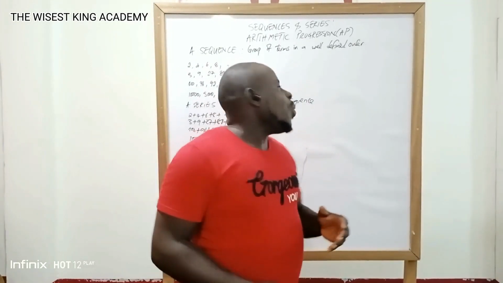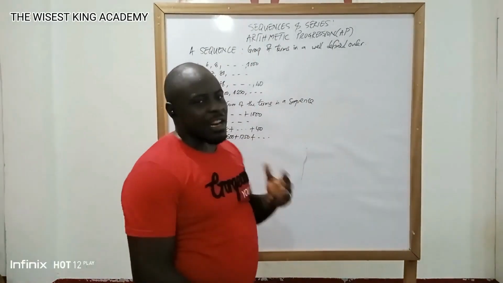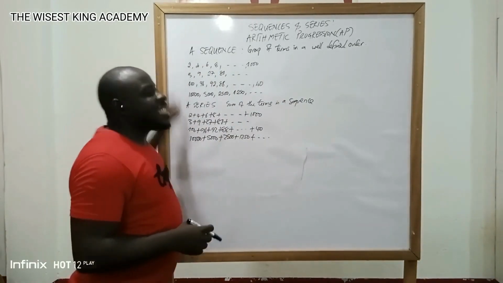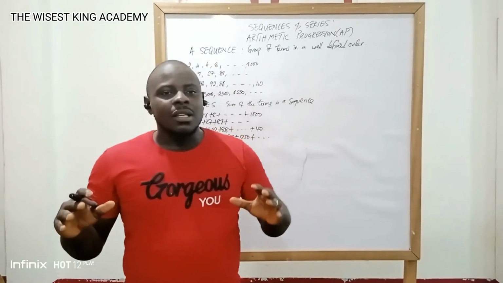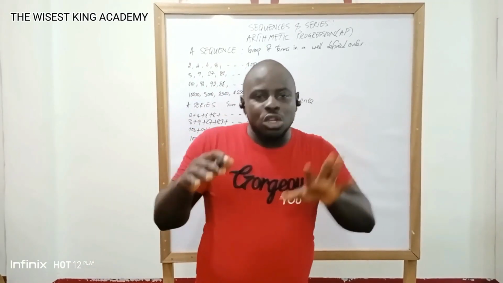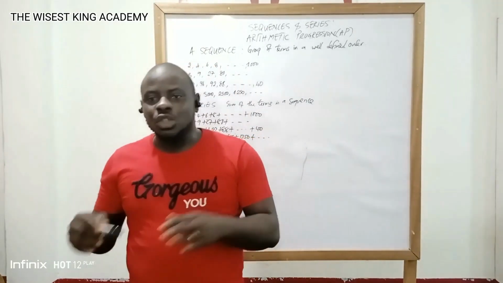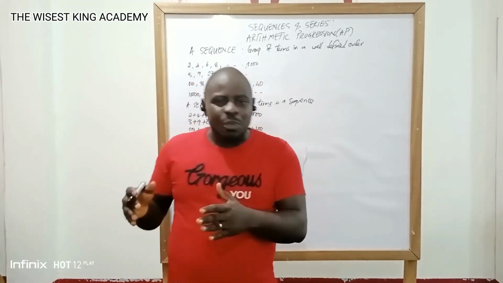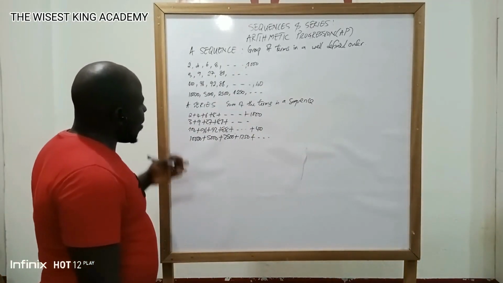But now, why are we looking? Remember, sequences and series is actually an introduction because we are entering the subtopic arithmetic progression. Note, a sequence, whether it be an increasing sequence, a decreasing, finite or infinite, sequences generally evolve in two ways, either arithmetically or geometrically. That is why we have arithmetic progression and geometric progression. Arithmetic progression actually deals with plus and minus. Geometric progression deals with multiplication and division. And that is going to take us into our